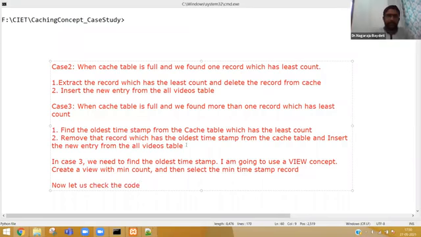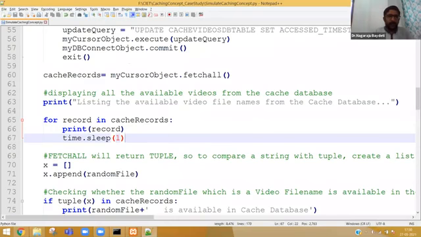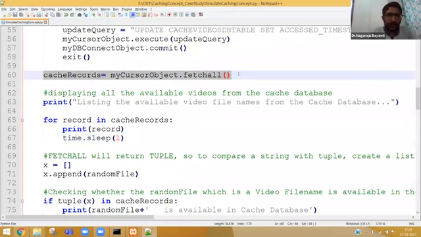Let us check the code. So this is the logic, and let me show you the code now. So let me come to the program. Now, what is this fetch all? Fetch all means there is a query which is executed, and for that query we are fetching all. Where is the query? See here, line number 60 is not part of the if statement.